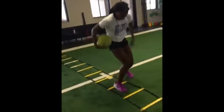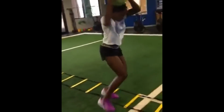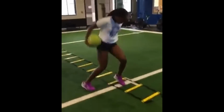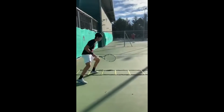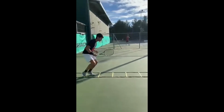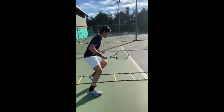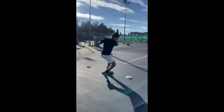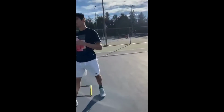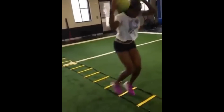Ladder drills are one of the simplest yet most effective tennis training tools for beginners, offering immense benefits in improving agility, footwork, and coordination. These drills mimic the dynamic movements required on the court, making them an excellent way to develop essential skills while keeping the training engaging and accessible. Beginners can easily set up a ladder drill in their backyard, allowing for consistent practice that quickly translates into noticeable